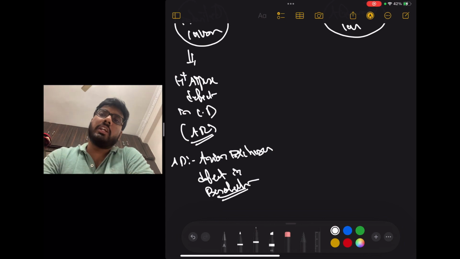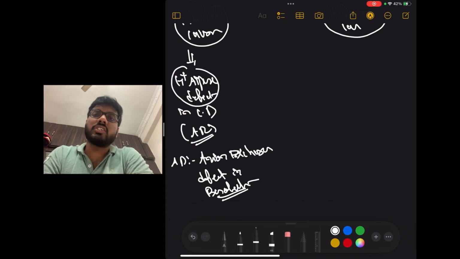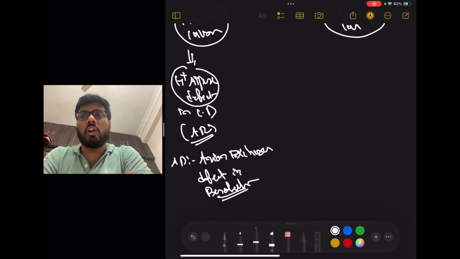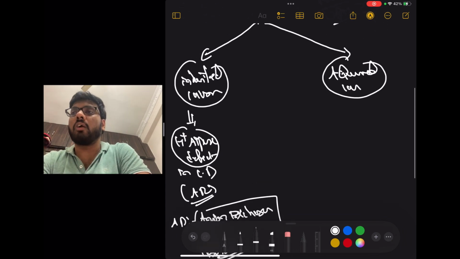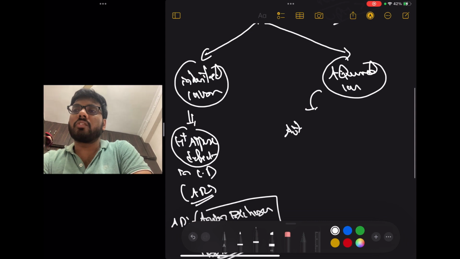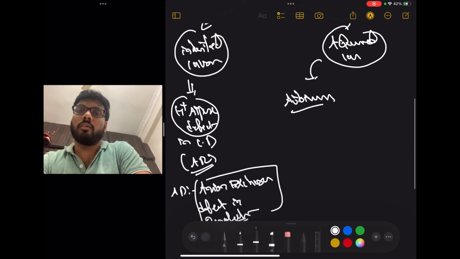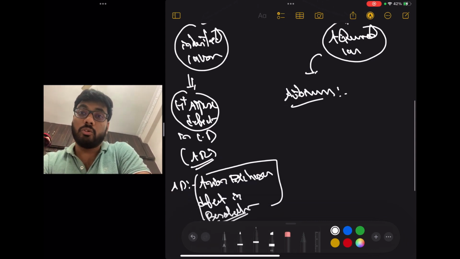Okay, so mostly it is due to hydrogen ATPase defect located on the apical side, could also be due to anion exchanger defect on the basolateral side, both in the collecting duct defect. Acquired, we have autoimmune conditions. Most important of the autoimmune condition which can lead to the distal RTA, that is type 1 RTA, is